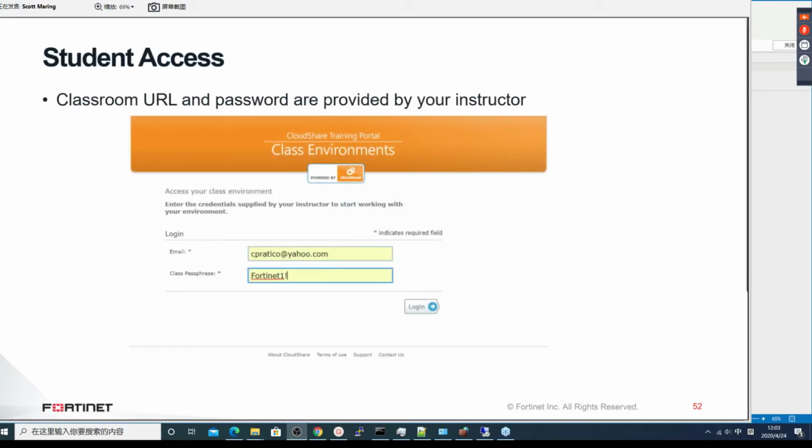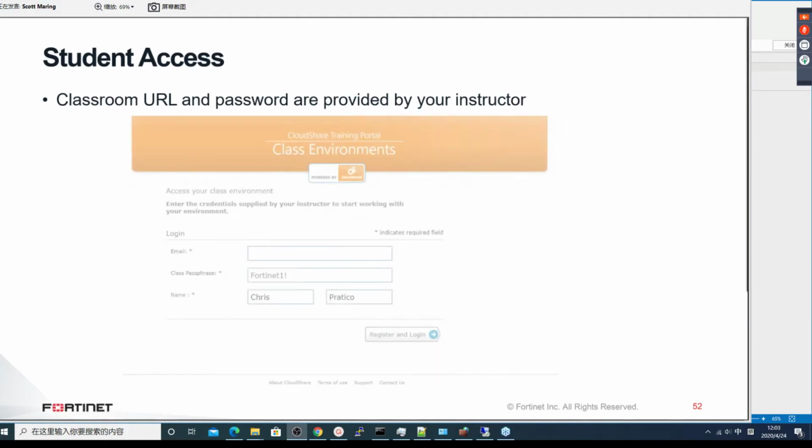Now, looking at the class environments, please log in with the email that was used to register for this event. I realized afterwards I was talking to our Canadian field marketing manager, and she was just letting me know that these accounts are pre-created, so you're not using some email that you've made up. This one is a Yahoo for an example, but it was Chris Pratico, who is the leader of our technology branch that designed the training. He made an appearance on the morning call. Just a great guy, really understands these environments, and he's dedicated to making this experience as good as possible